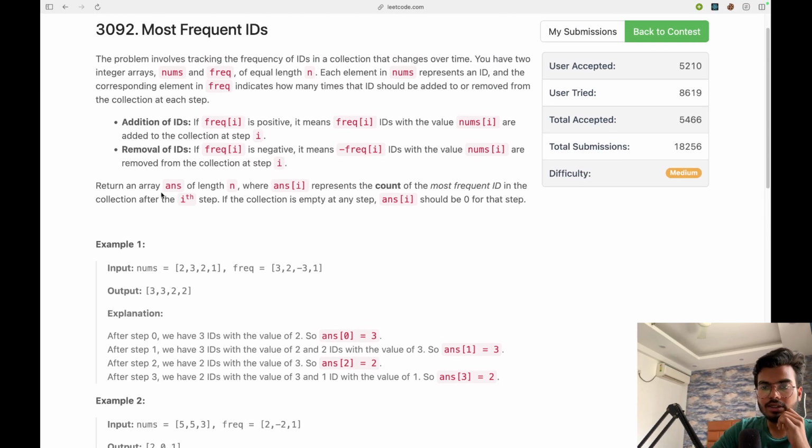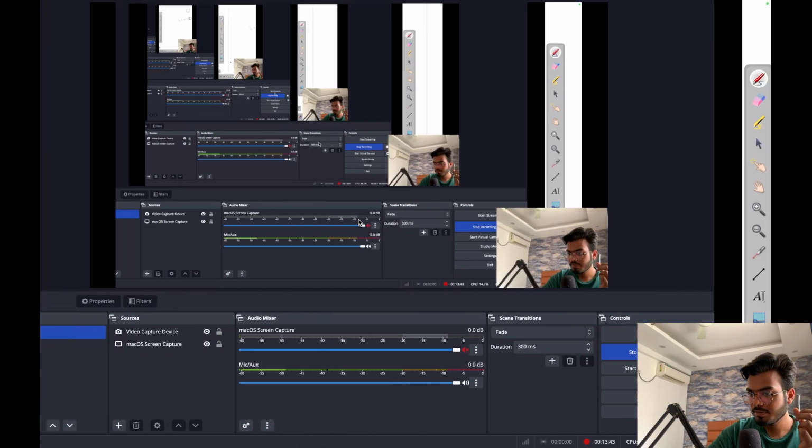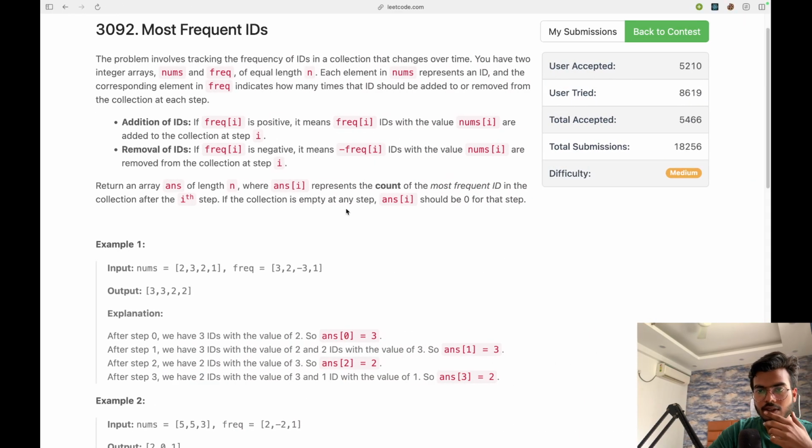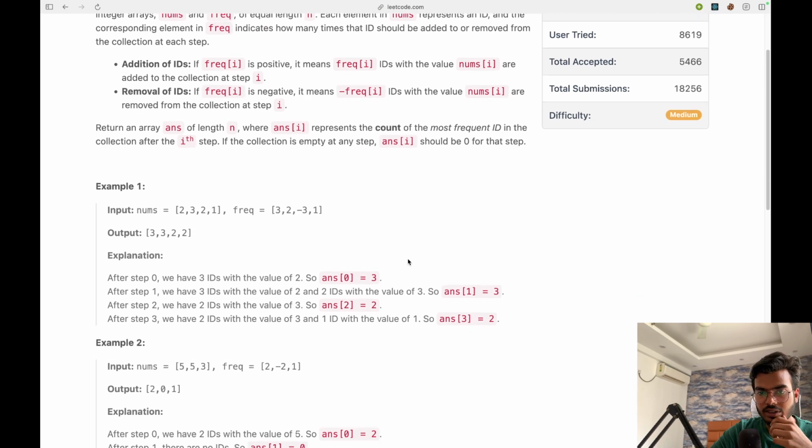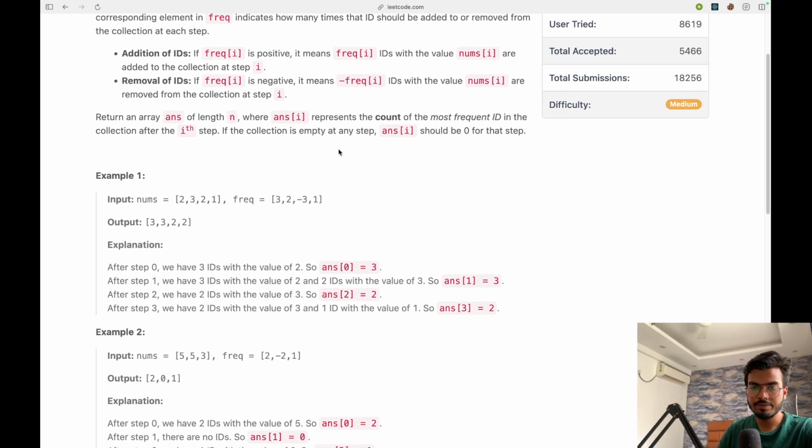Okay, return an array answer of length n, where answer[i] represents the count of the most frequent ID in the collection. After the ith step, the collection is empty. Okay, after the ith step, the collection is empty, and we just need to find the most frequent ID in that collection. So I think it is something like, okay,